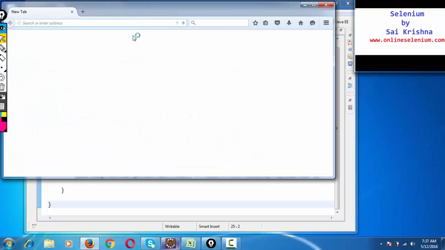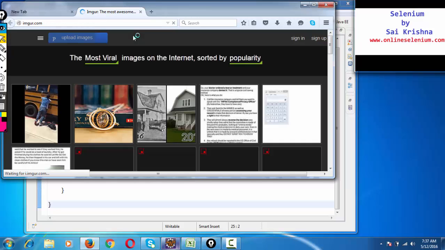So it's launching the Firefox. It should navigate to imgur.com. Brilliant. Now it should click on